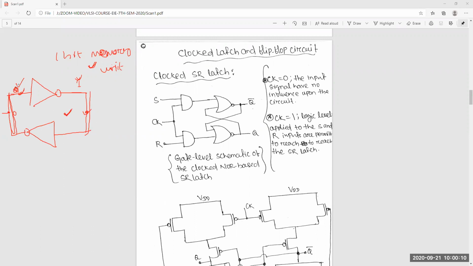Once it is 0, it will always be 0 until and unless you remove VDD or ground. That's why it's always in one state, either 0 or 1, and there is no option to modify this value. So to remove that difficulty, you will go for a NOR based latch or NAND based latch.